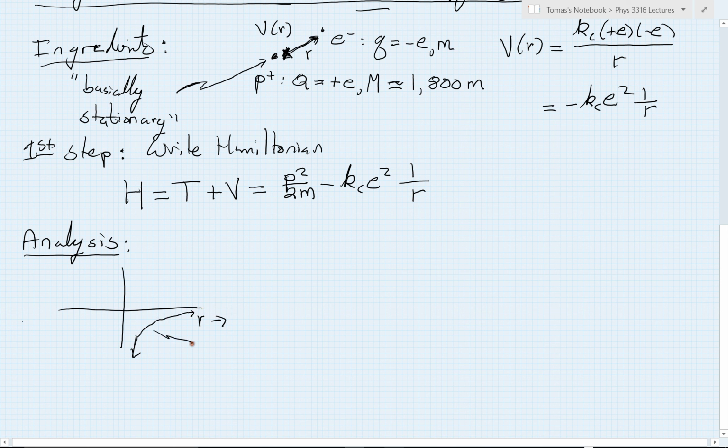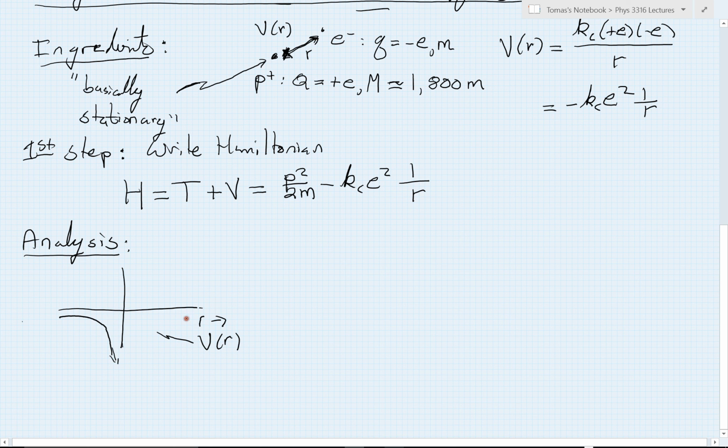And so this is a graph of my potential V of r. And of course, there's a corresponding curve on the other side of the proton, right? So the proton is basically sitting down here at the origin. Now, if we were to carry out a classical analysis and ask, okay, what will happen to this system eventually,